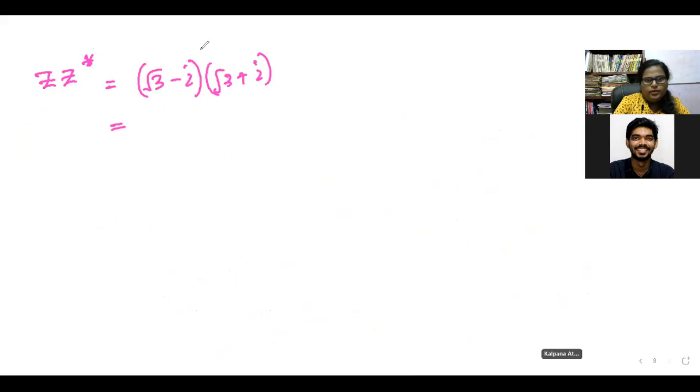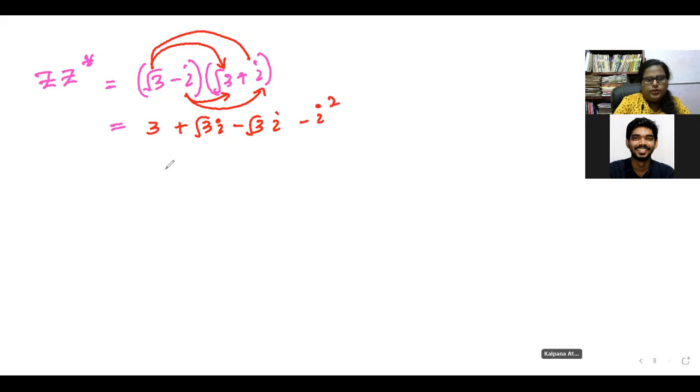Square root 3 and square root 3 gives you 3, square root 3 into i is square root 3i, and after that you have to take minus square root 3i here, and minus i square, right? So we can cancel out these two terms, and actually this is the factors